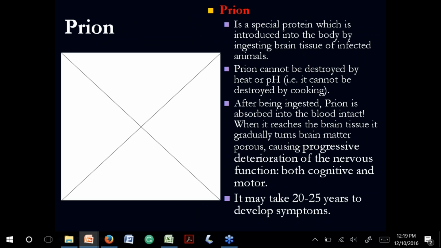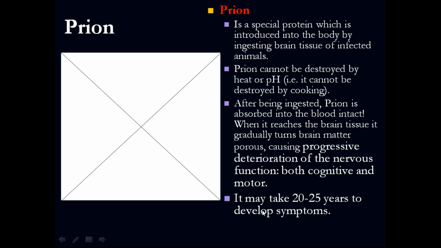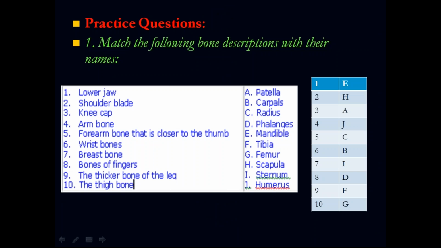Okay, a prion is a protein, mostly located, for example, in mad cow disease. It's a protein that cannot be denatured, which means destroyed by heat. It cannot be destroyed by heat, so people need to eat these organs in order for the disease to be transmitted. All right, so a prion is not a living organism, it's a protein. The virus is also not a living organism. Okay, so let's keep going.